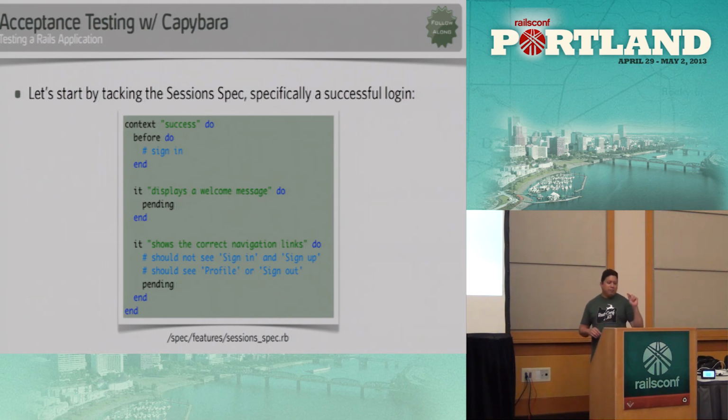And then I want to make sure that the correct links are present. So if I'm not logged in, I should see the sign in and sign up links. And if I'm logged in, I should see the sign out link. All of them are pending. The two specs that we have here are pending, and we have nothing to basically set the stage for the test in the before block. And you will find that under the spec directory under features. Now, your user acceptance testing goes into that features folder when you're using RSpec and Capybara in combination.